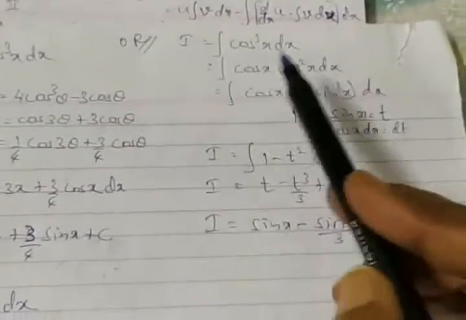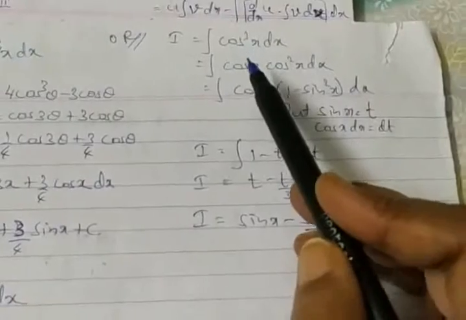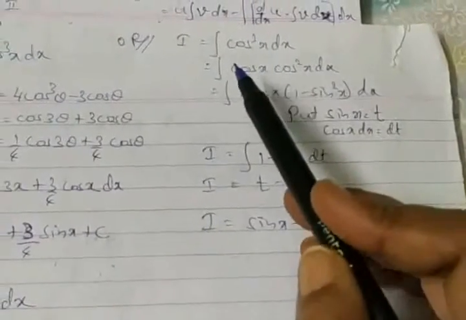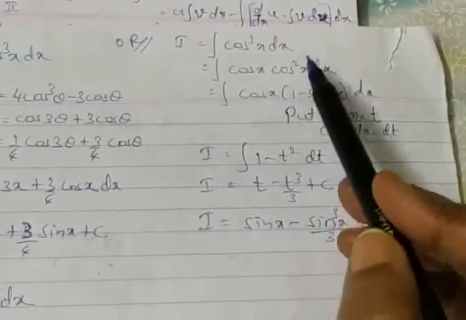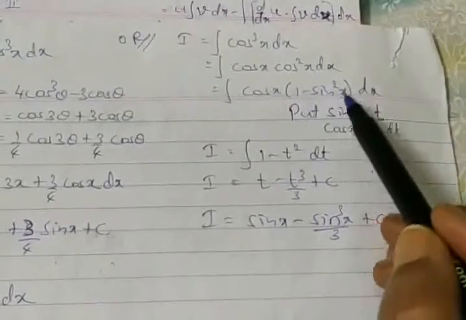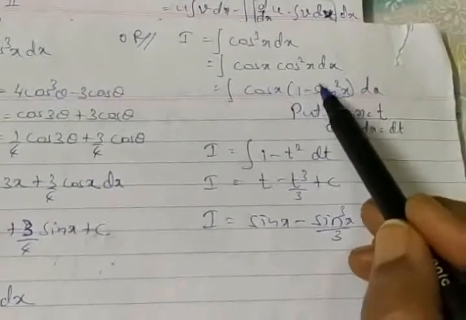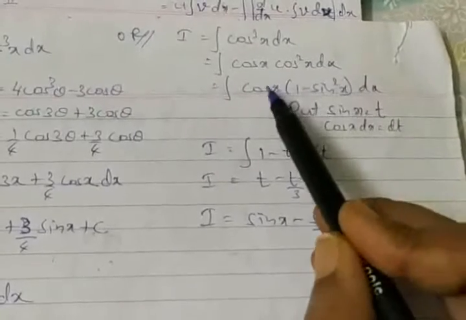Or as an option, you can even think about substitution here, which we just did for sin cube also. So integration of cos cube can be taken as cos x into cos square x. Cos square to be taken as 1 minus sin square x. Remember, sin x derivative is minus cos x.